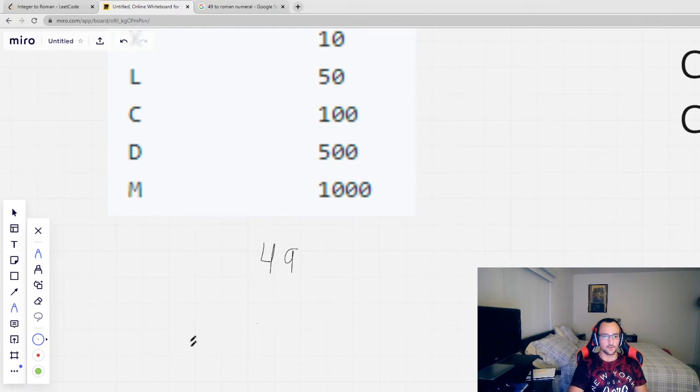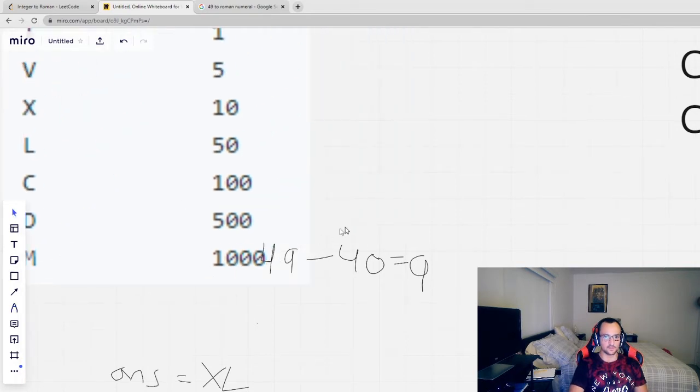So our answer here is going to be equal to XL, and then we're going to subtract 49 minus 40 so that we can represent the rest of the number. And so the rest of the number that we have to represent is 9. And what is 9 in Roman numerals? 9 is